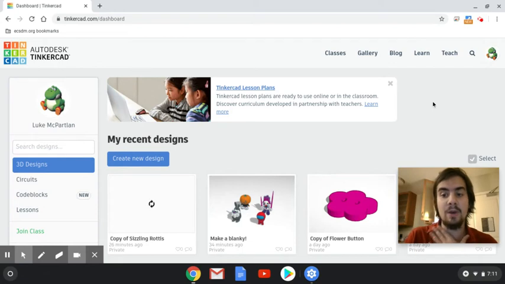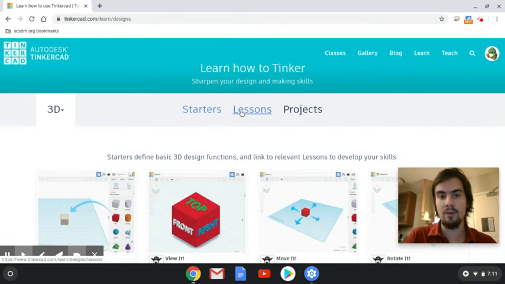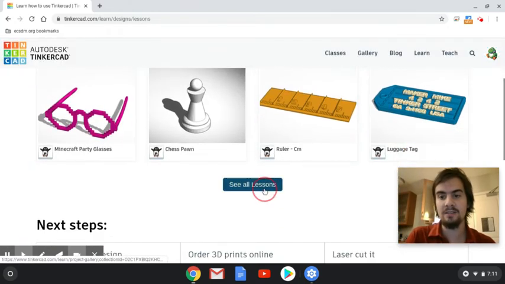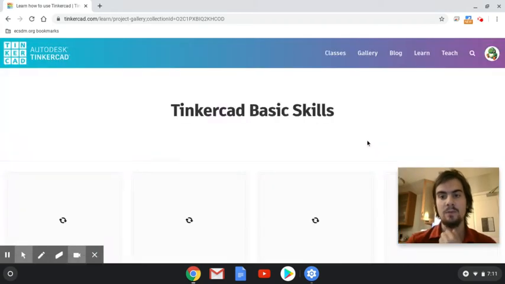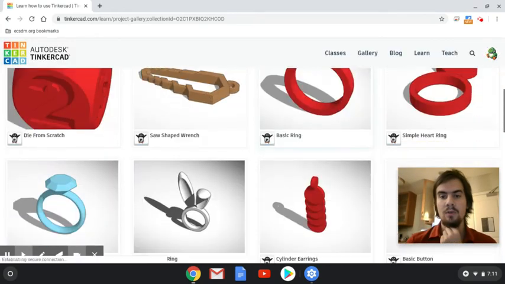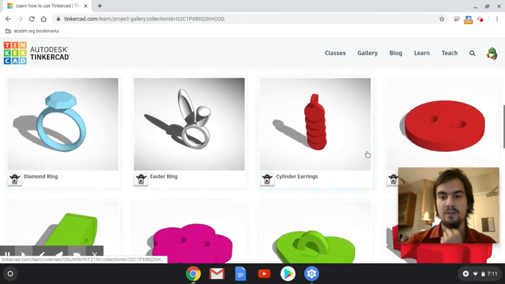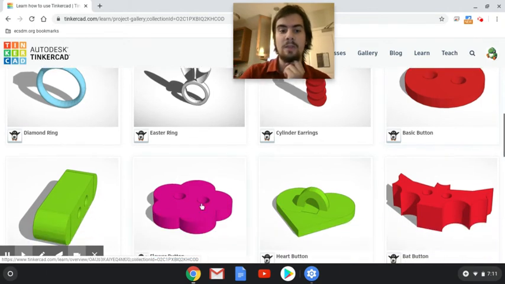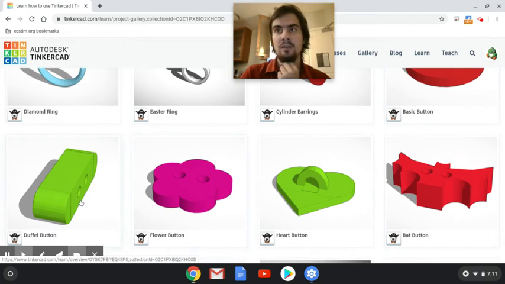To get to the making a button lessons, we're going to go to learn. We're going to go to lessons. We're going to click see all lessons. And we have a few making a button lessons. So we're going to start with basic button. And then I had asked the class to go into either making a flower button or a duffel button, both of which